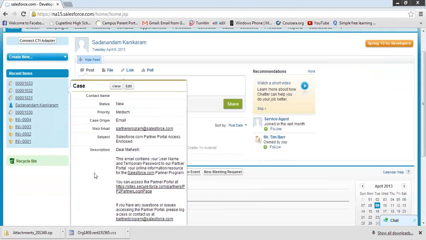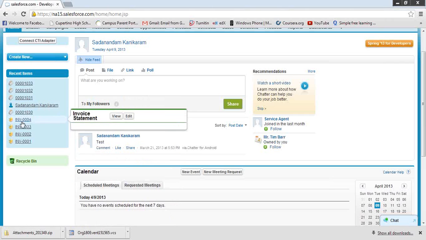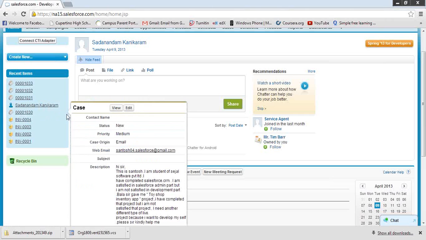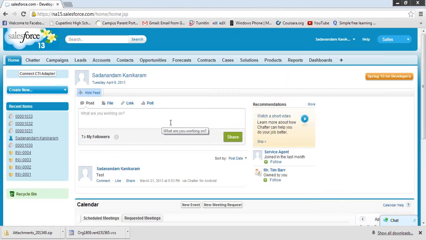Similarly, this is my Chatter information, and there is something like invoice statement. This is all the sidebar, and then there is something called the recycle bin, which is a placeholder for any records that you delete from the system. It will keep them for a certain period before they get deleted.